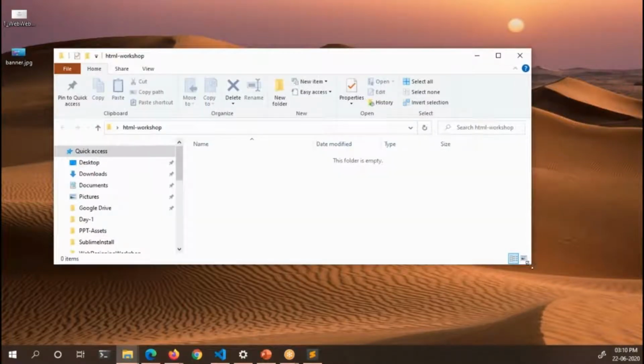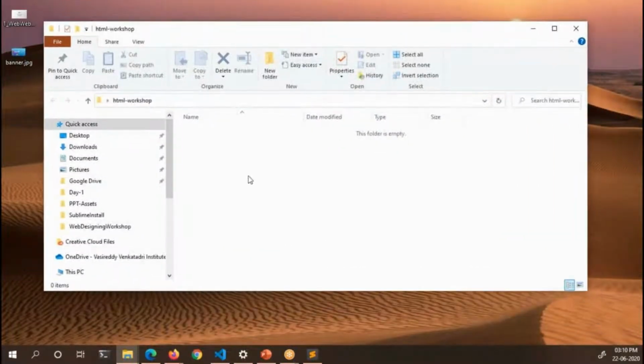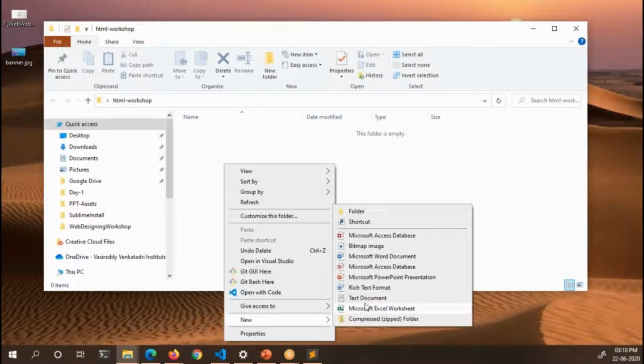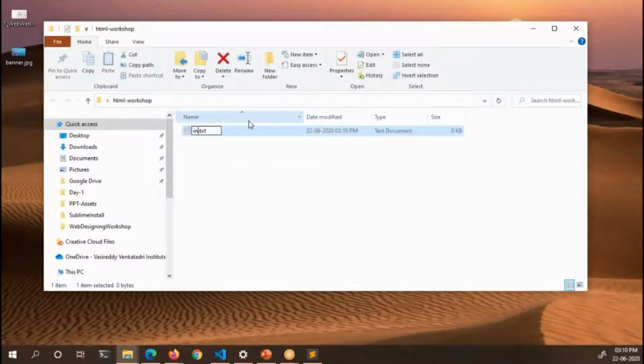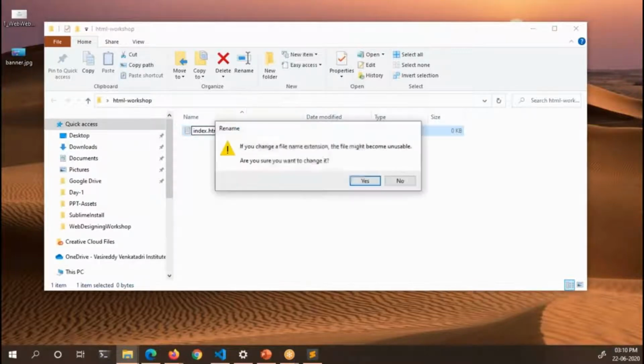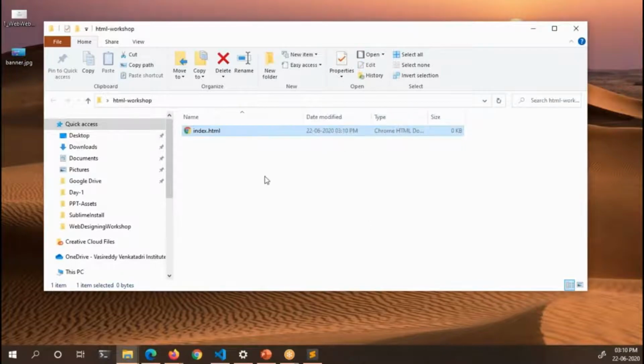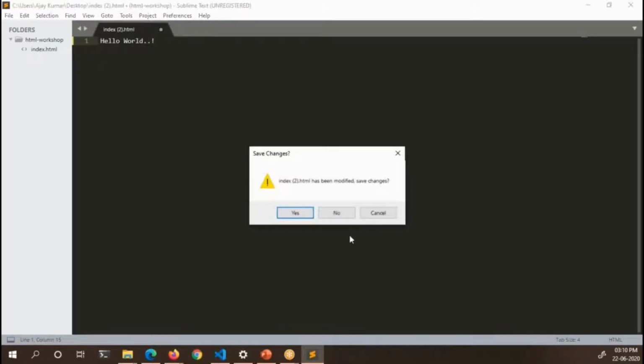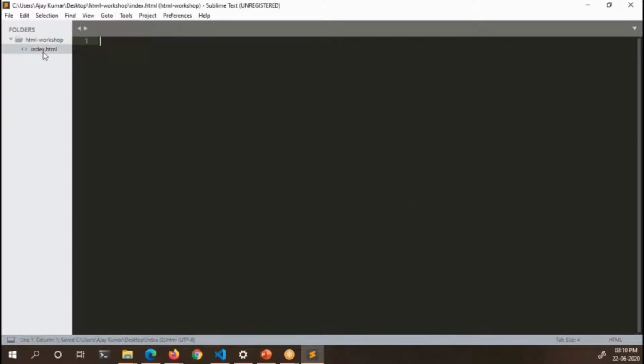I'm deleting the file. I'm heading into the HTML workshop folder. Here now I'm again repeating the same process. I'm right clicking, new text document, and then I'm creating index, deleting the extension and typing .html. Do you want to change the extension? Yes. So now here is my index.html file created. This folder is already opened in Sublime. Now you can see the folder showing the index.html. So whenever you double click, the index.html file will be opened. Okay, so this is the process of how you create